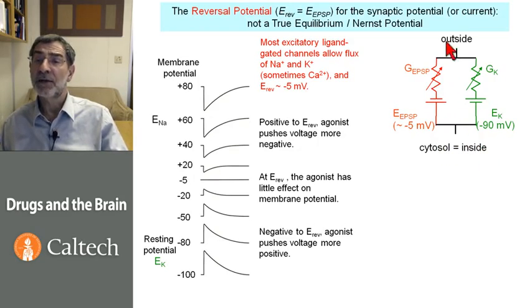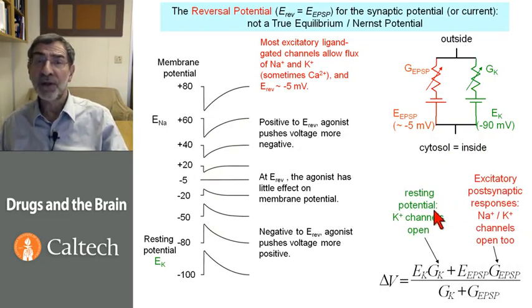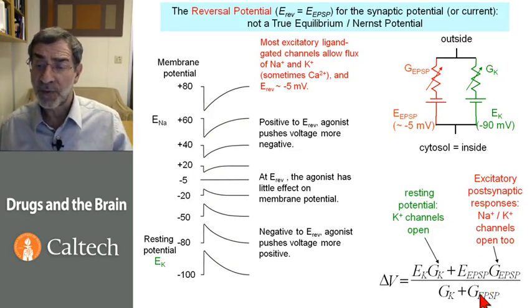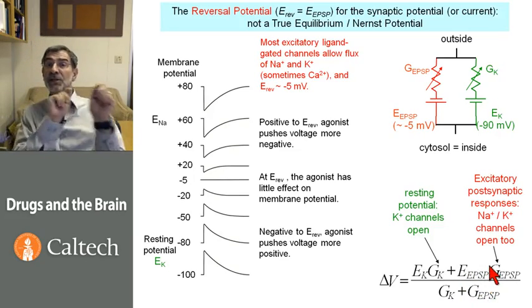So here's the inside, there's the outside, and our equation for the effect on the resting potential in this situation is that the voltage across the membrane, delta V, is again a weighted sum of the equilibrium potential for potassium, or the Nernst potential for potassium, plus the potential for the EPSP times its conductance. And so if the conductance, the number of open channels,